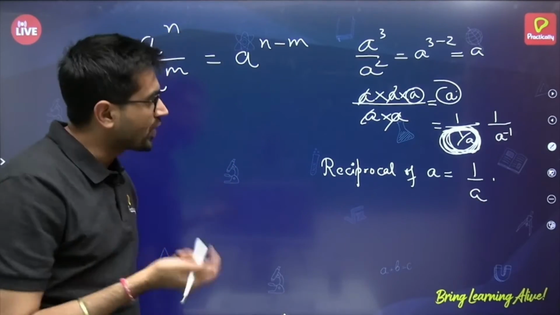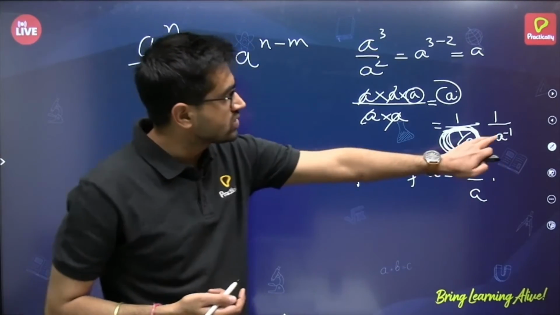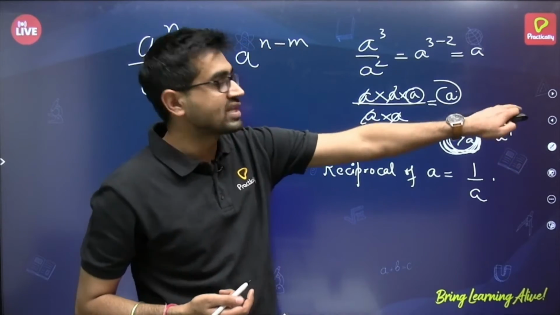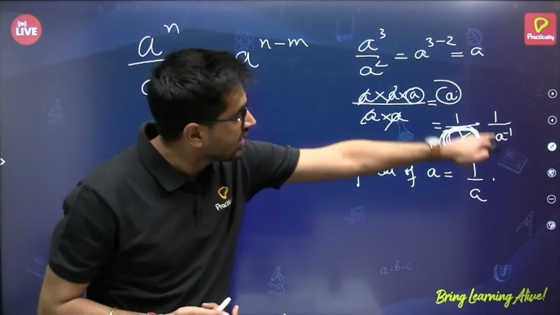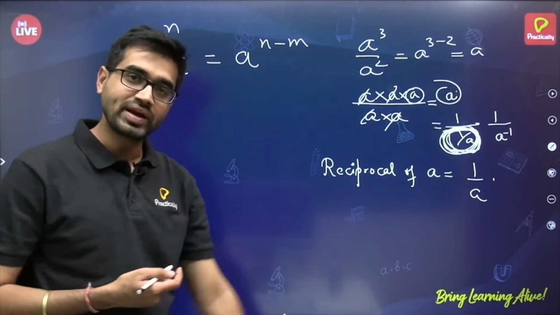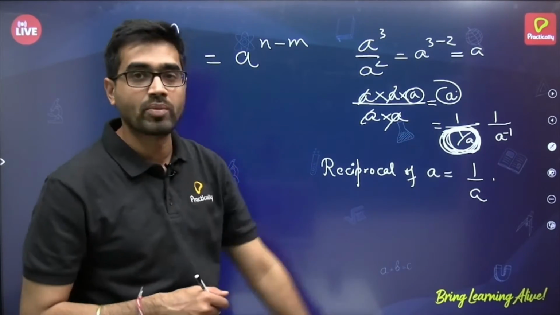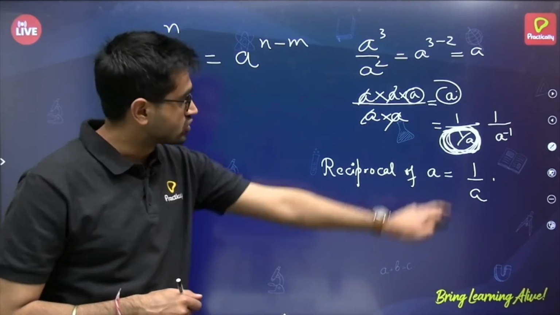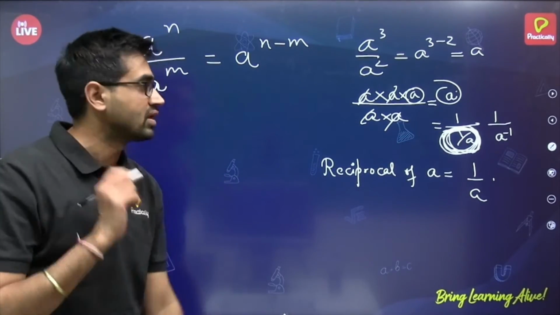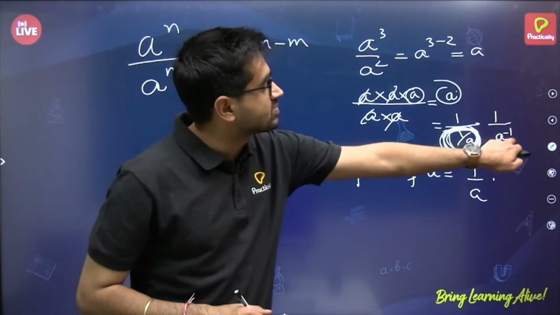Minus 1 is a situation which comes when you think that it should have been in the numerator, but it is deliberately being pulled into the denominator. See, it was in the numerator. I thought, let's bring it down to the denominator. I deliberately pulled it, so it got reciprocated, because 1 by a is only a. Now I said, can I replace this by minus 1?